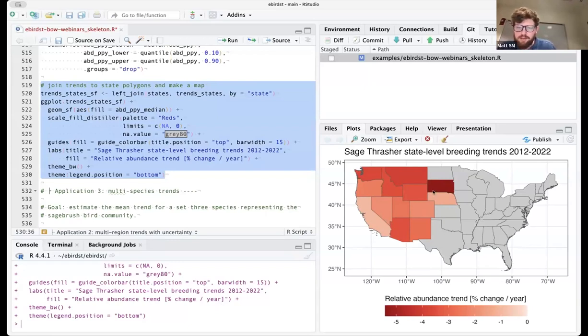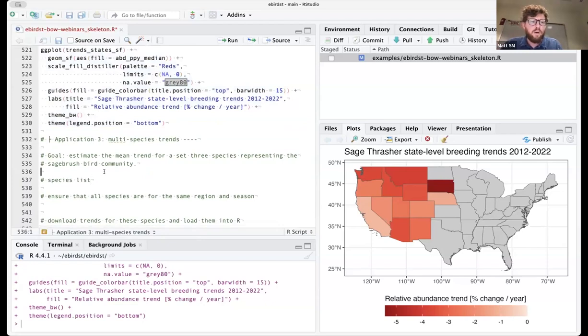And you can see here the sort of darkest red values are going to correspond to a trend of about minus 5% per year. And then these light values are very close to zero, but a little bit on the negative side. And we could, for example, create some way to visualize also the uncertainty as well, because we have both the median and the uncertainty. Okay, I have one more fairly quick example. Tom and Andrew, are there any questions I should address now, or just get on to that example?